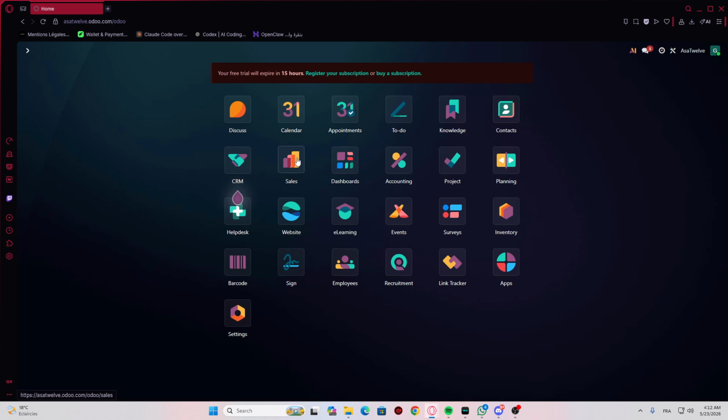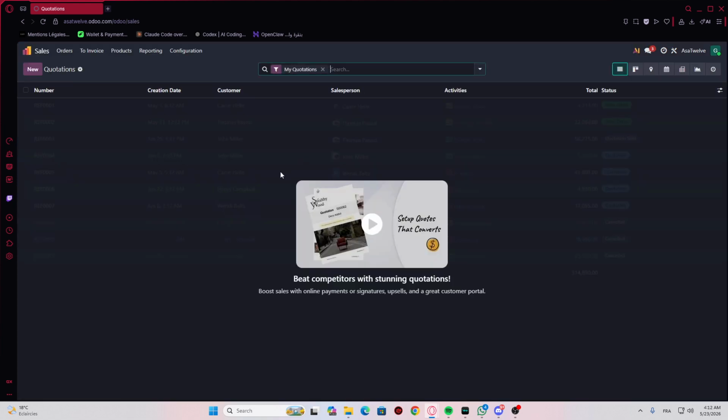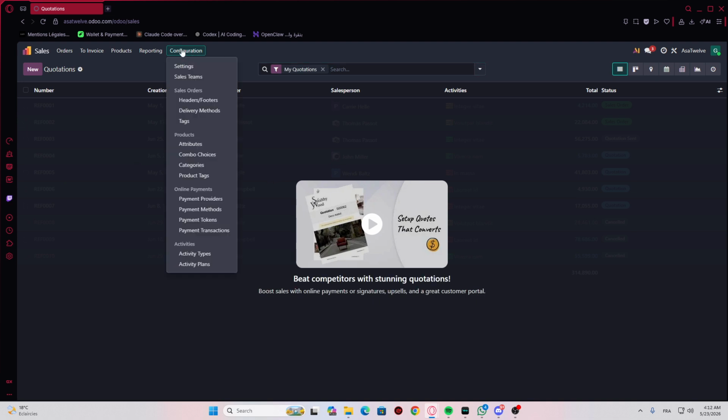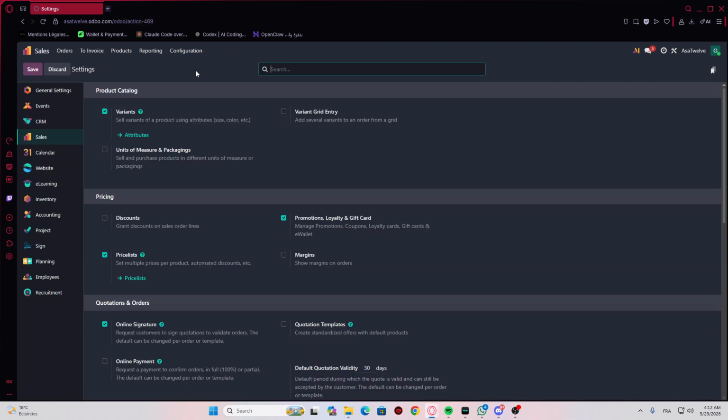So you all need to go to the sales model right here, and then you will need to open the configuration option at the top bar as you can see, and then go to settings. It's the first option on the pop-up menu, right? So here guys, you will need to look for the coupon, promotion, or promotions and loyalty program. So just go and use the search bar here, look for the coupons,